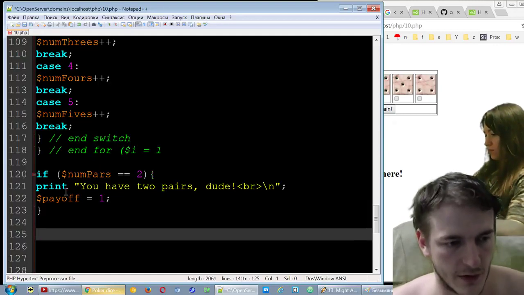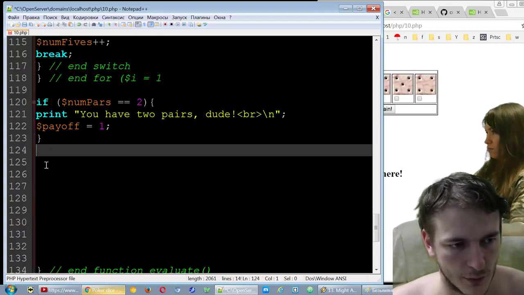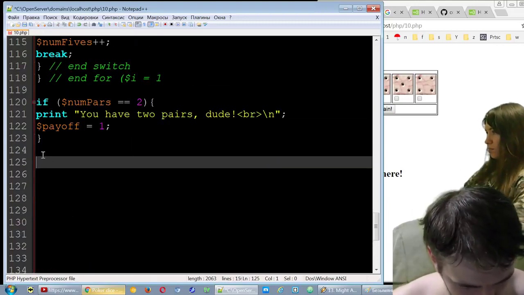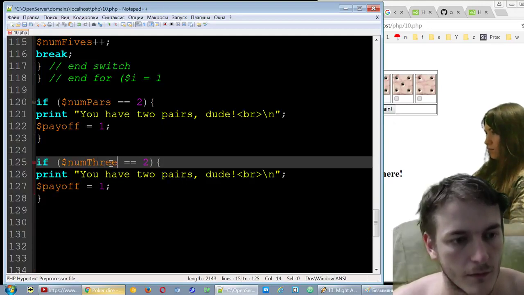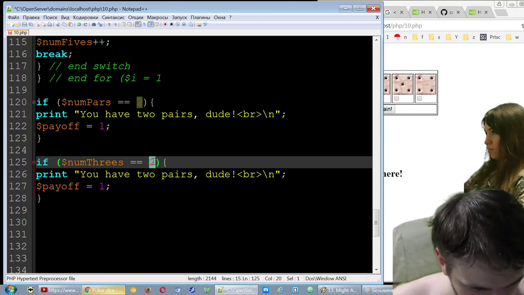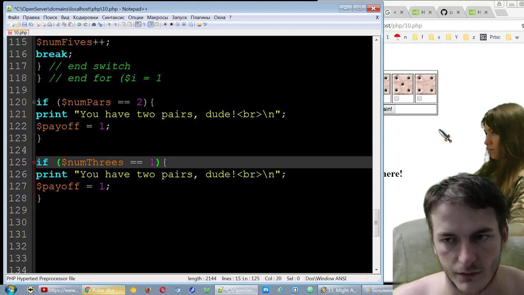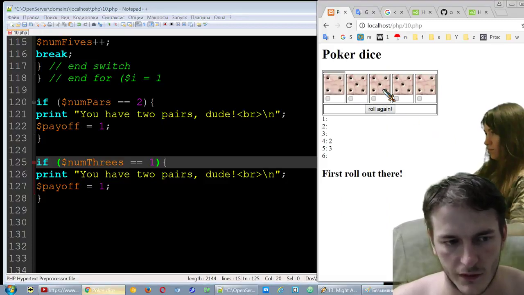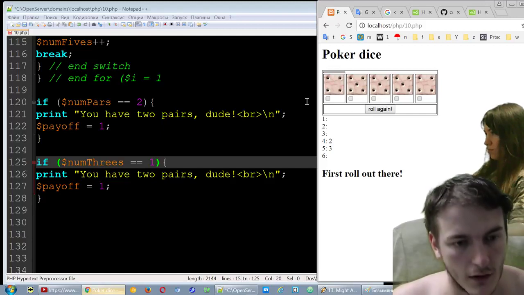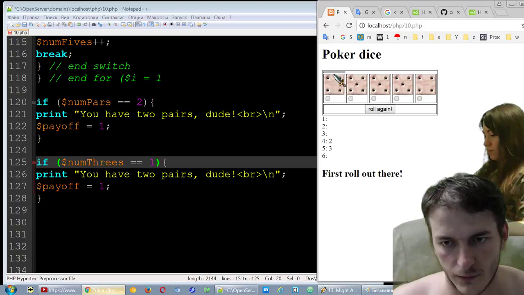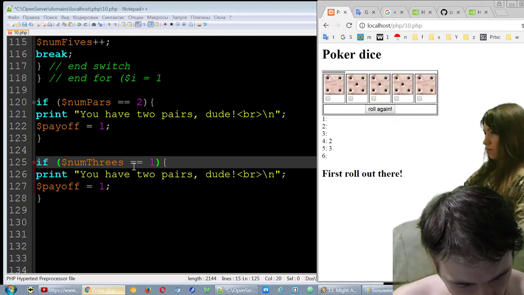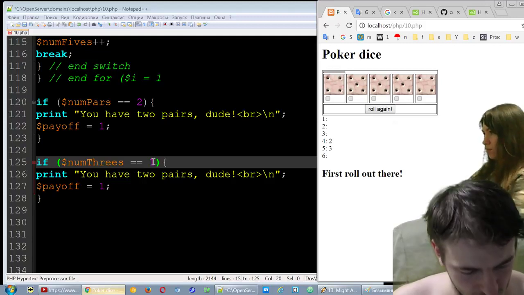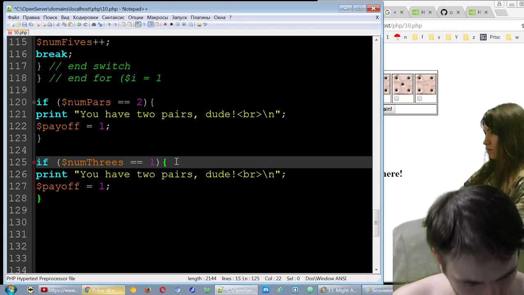Then do we have 3 pairs? We could just copy paste it because it's actually close. Num 3s. Do you have 1 num 3s? Could you have 3 num 3s? No. But you could, because you have 5, but you could have 3 plus 2. So if num 3s is 1, then